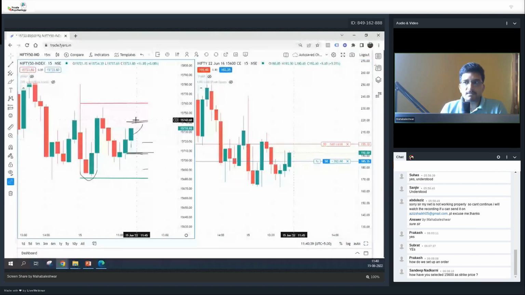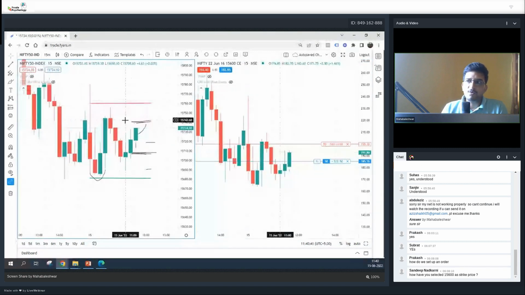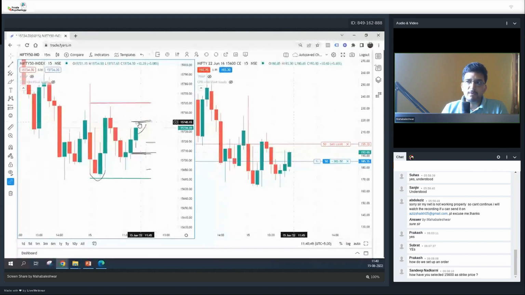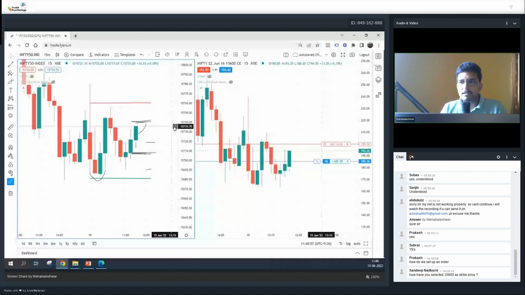This is the level of resistance that I have. I know that at this level, if the market goes there, it will fall. Why? Because there are people who are selling at this level. So I kept the target somewhere near, so that if it comes close to here, I need to exit this particular trade. This is the simple theory behind this, and I hope you're able to learn this particular